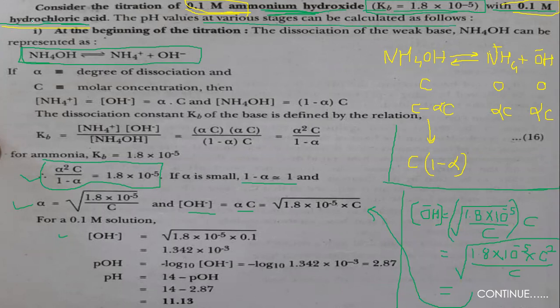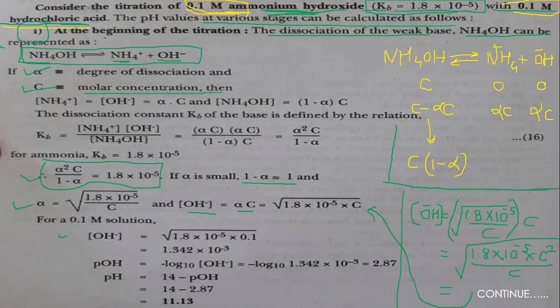ठीक है, कौन सी है पहली? Where we are going to look for? When at the beginning only base was present, okay. So at the beginning of titration, if you see here, NH4OH, that is in the aqueous form, so that dissociates as NH4 plus and OH minus. So here alpha is the degree of dissociation, वो कितना dissociate होता है पानी में. अपना जो अमोनियम हाइड्रोक्साइड है वो थोड़ा तो होना ही है, it's a weak base, okay. Now we have an electrolyte, that is electrolyte. C is the molar